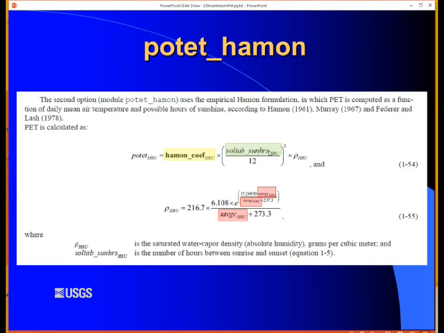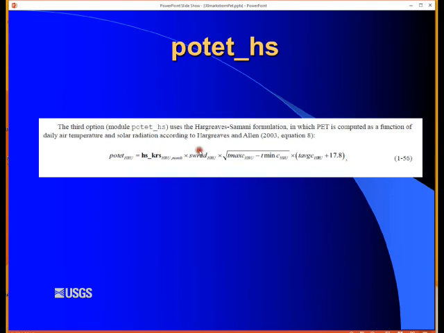SolTab sun hours, that comes from the solar radiation module. In this case, we're using average temperature 3 times in the same equation to come up with this humidity term. So again, this is the Heyman equation here. The Heyman method is another temperature based. Basically, all you have to do is input temperature.